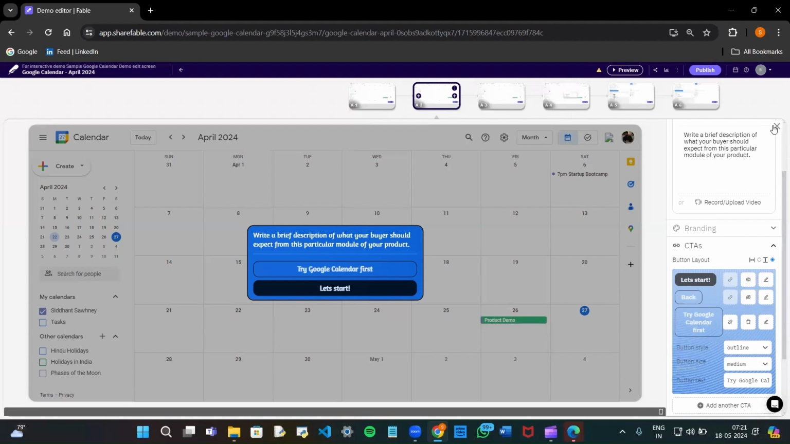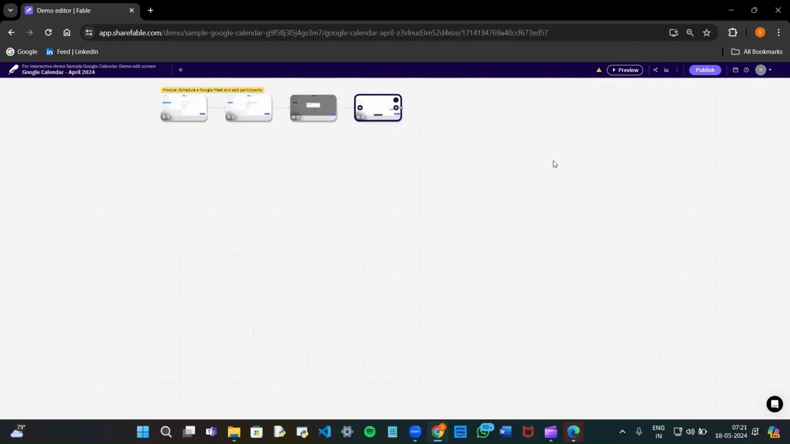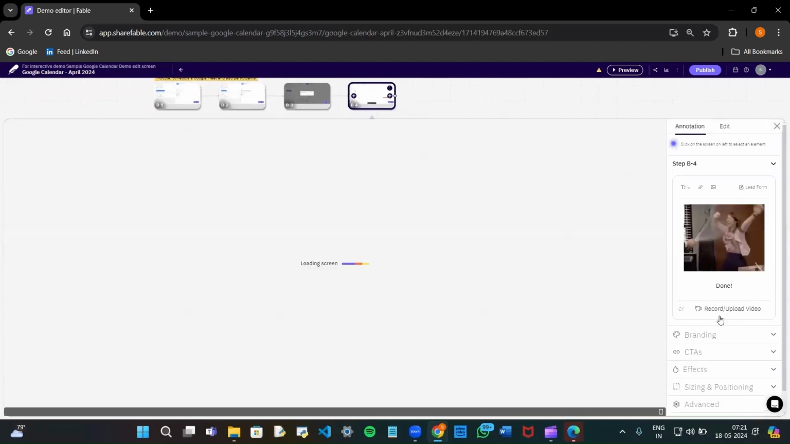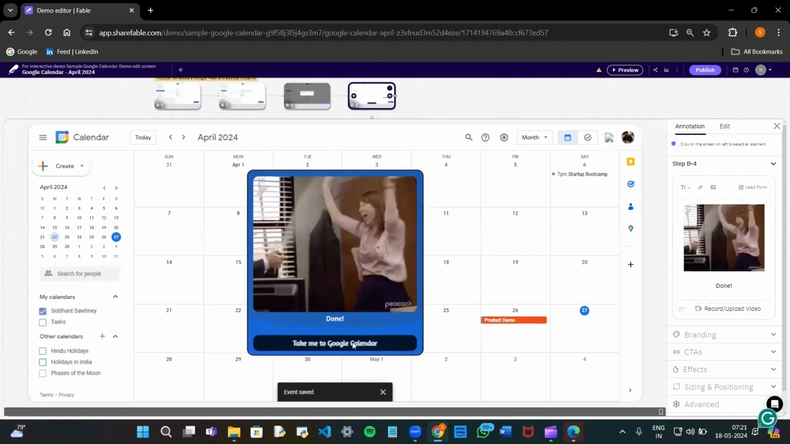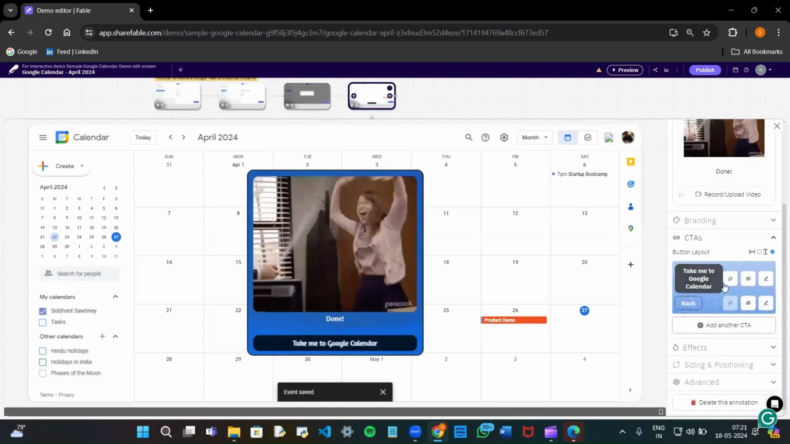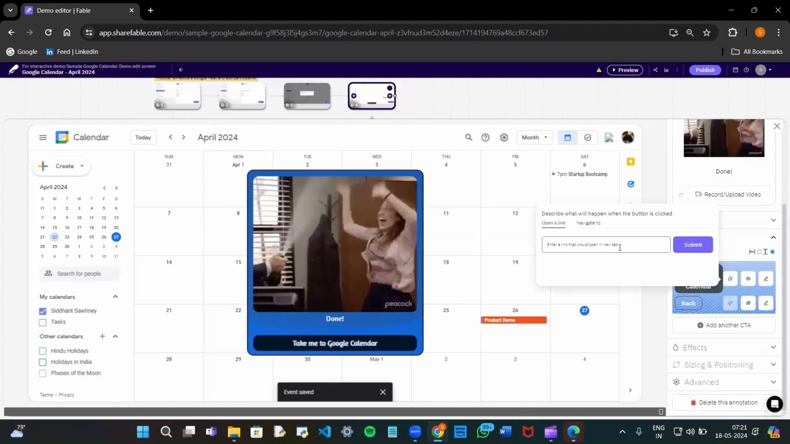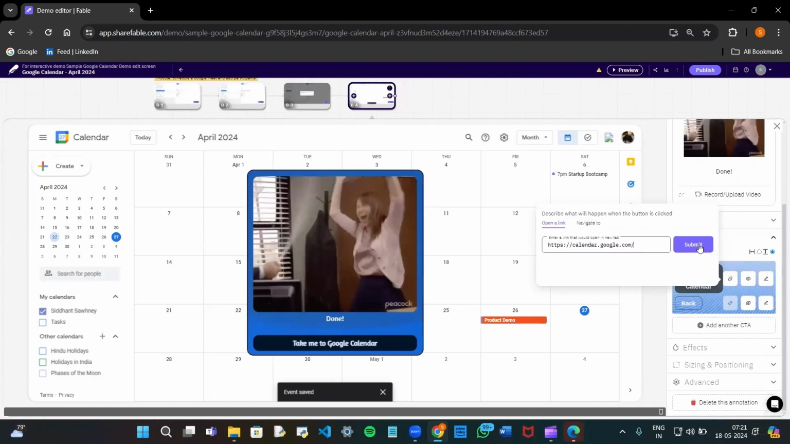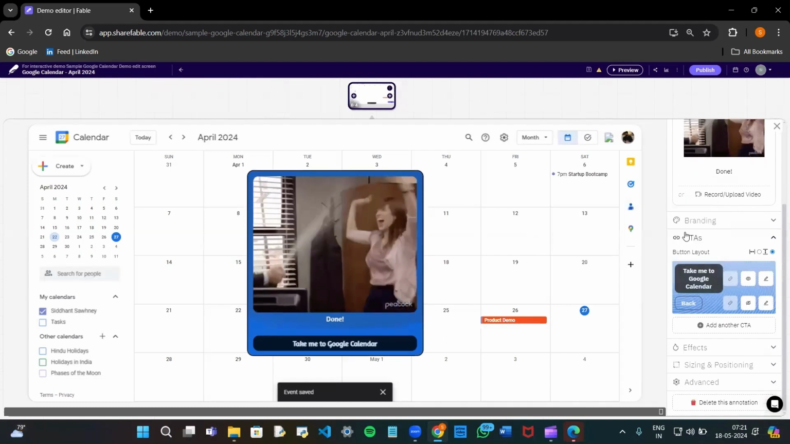Now let's see how we can add a link. So say we go to the last annotation. This is done, and this one says take me to Google Calendar. Let's go here. Let's click on this. Let's add the Google Calendar link. Let's click on submit. Now, when we preview this,